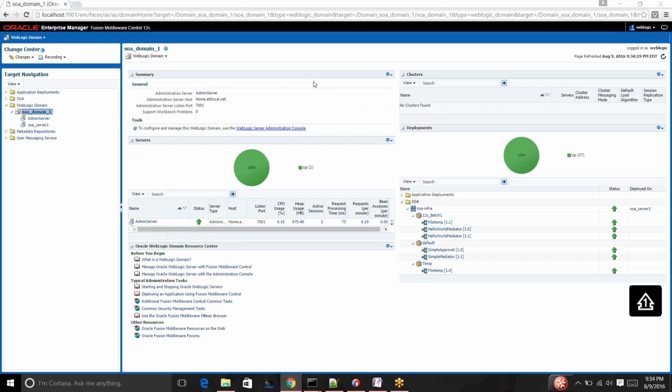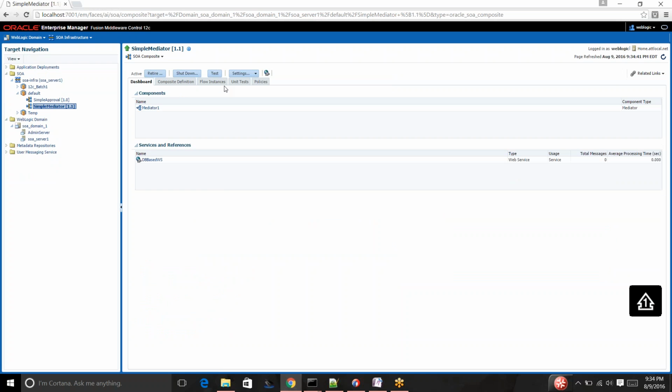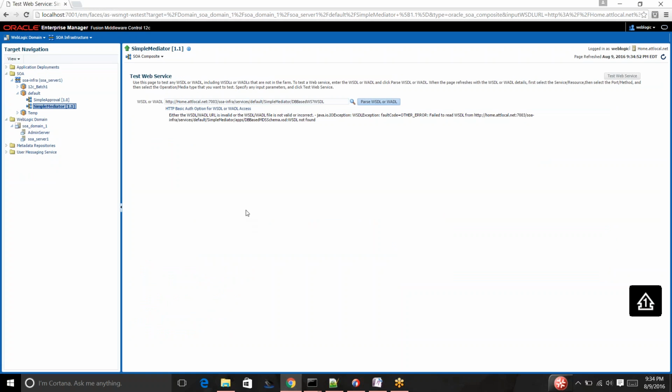Yes. Okay. So usually, how did we test till now? We went to Oracle Enterprise Manager, went to the SOA infra, and then whatever partition you have deployed, you just click on that, and here you click on the test button, right? So this is how you do it. But usually we don't do it here. Why? Because one of the main reasons is,